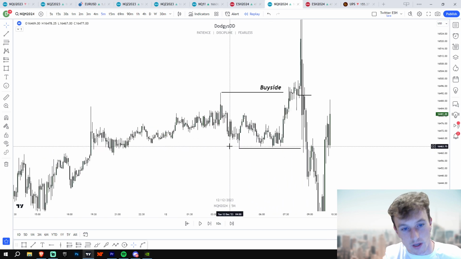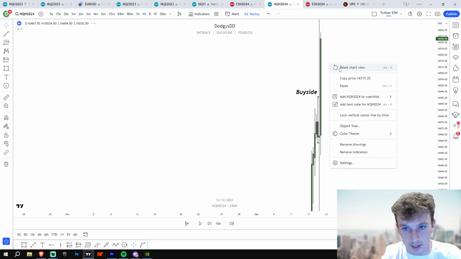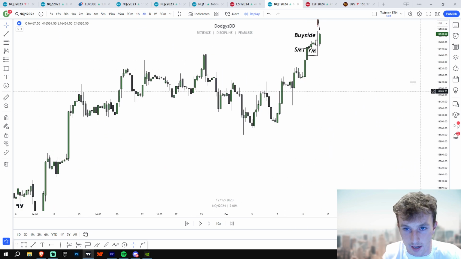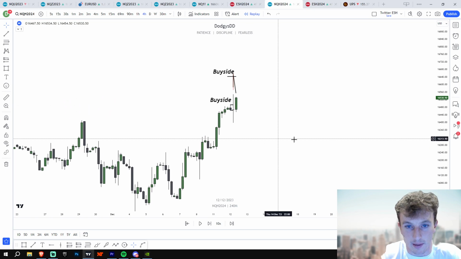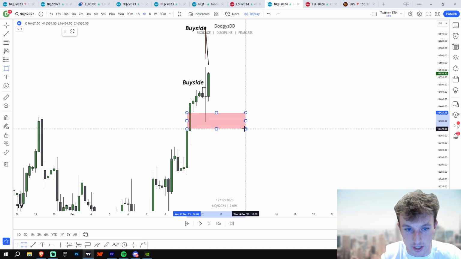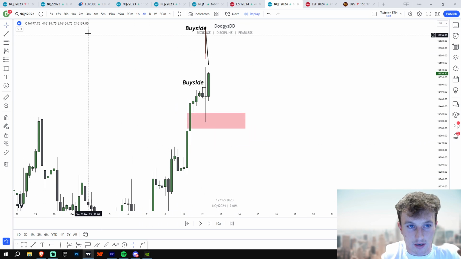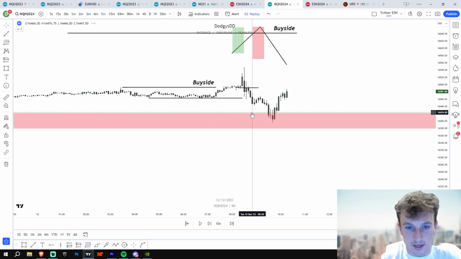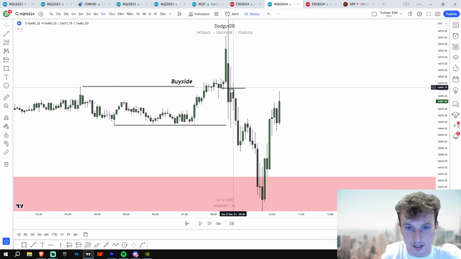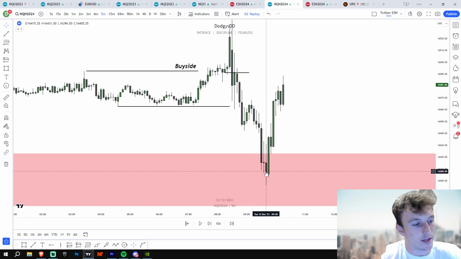Okay, and because we are so high, where's another target you could look for? Well, you could see, do we have any unopened fair value gaps on the higher time frame? Is there any unopened fair value gap lower? And indeed there was. I also called this out. I said, I want to see the market retrace into this 4-hour fair value gap, and then I want to see the reaction. If you go back to the 1 minute or the 5 minute and look at that change in state delivery again, it takes us all the way back to the 4-hour fair value gap.